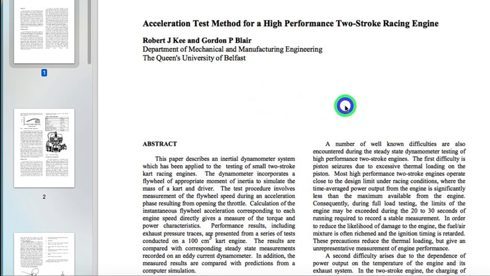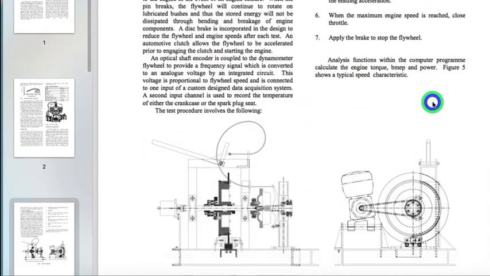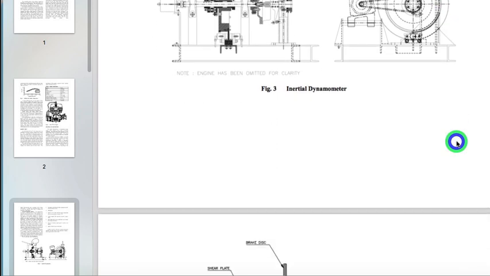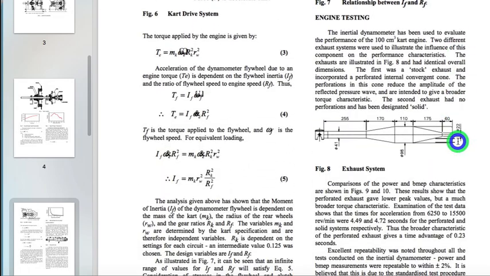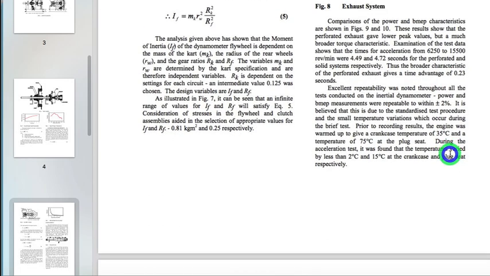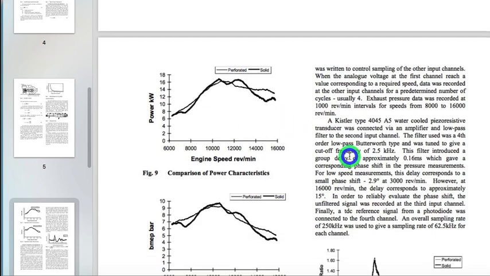I was looking back through this study paper by Gordon Blair about a 100cc karting engine, reed valve, that was designed to rev very high, and it gives lots of good graphs, all the details involved, pipe details. They had two versions of the pipe, one with a holey baffle and one normal. The holey baffle gave this lighter graph right here, which does not have the before-power-band power dip that most pipes have, which is the advantage of it.